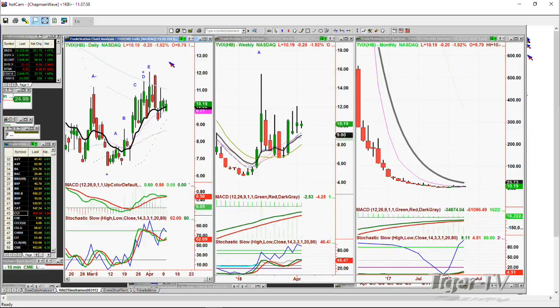So here we go. We've got the TVIX trading at $10.20. The day is young, as we know. I can assure you, if the Dow has a sudden spurt of 200 points, the TVIX and the VIX are going to pull back pretty sharply. But so far, especially if you look at the monthly chart, if you don't mind,